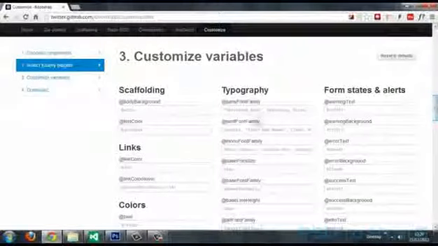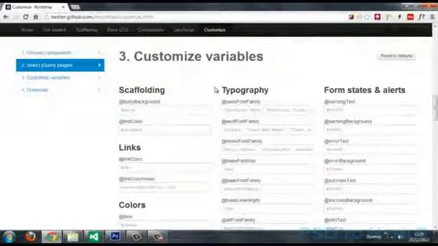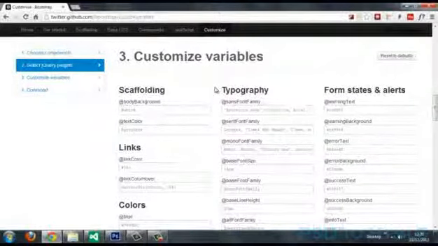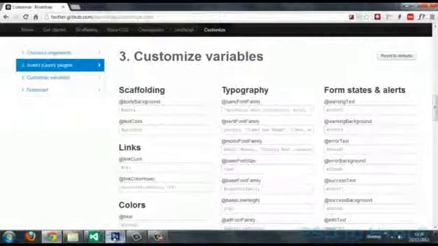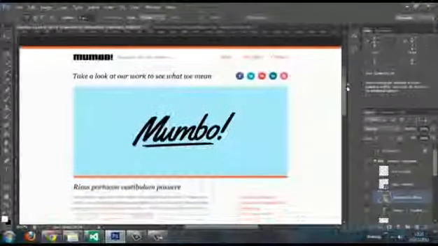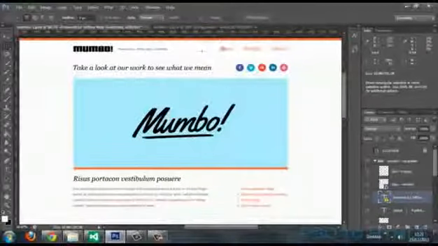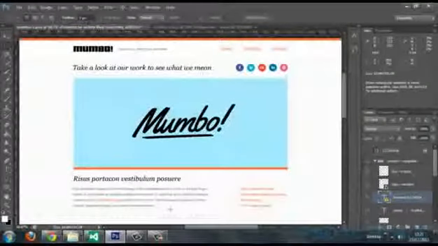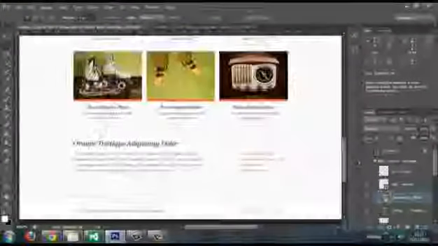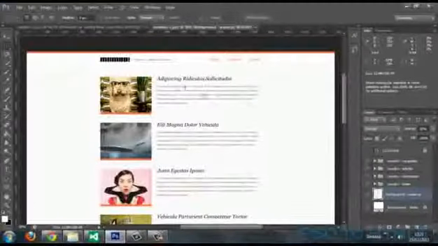Right, so in the customized variables section, this is where things start to get interesting, and we can bring across some of the elements from the design into our custom build of Bootstrap. So, okay, the body background, we can keep that as white. Now, if we look back in the PSD, the text color, we've got two different colors of text. So the headings are all black. We've actually got three different colors of text actually, because we've got this nice orange here for all the links. But most of the actual body text, just the regular text, in both of the PSDs is this kind of